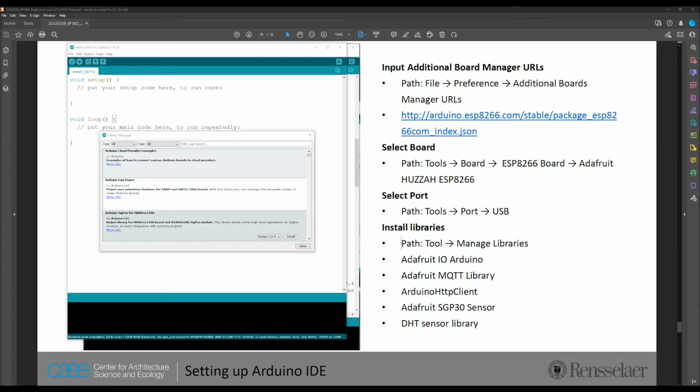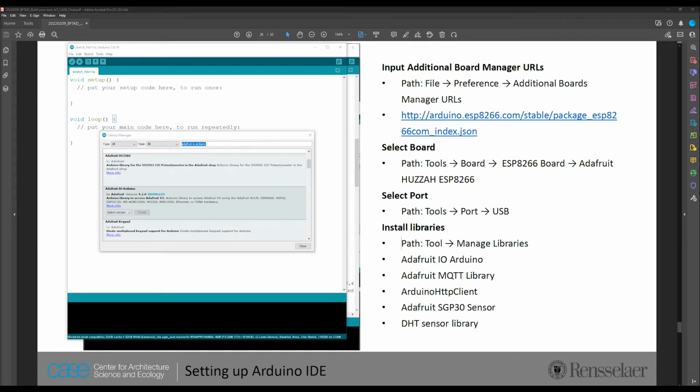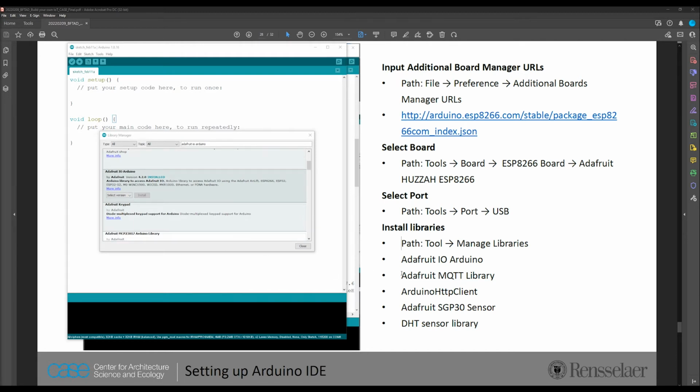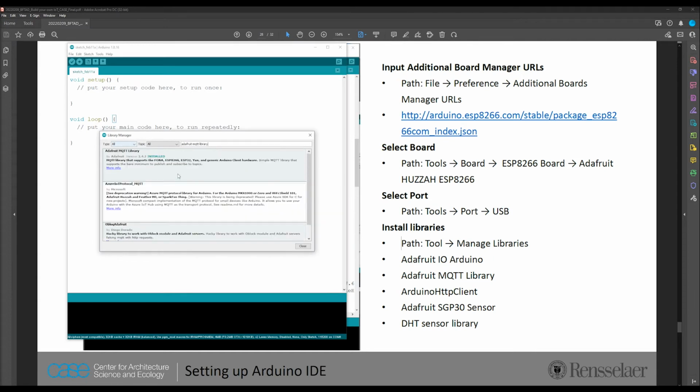Then write down ADA for IO Arduino. There are a lot of libraries, so find the Adafruit IO Arduino and click the install button. Next one is the Adafruit MQTT library. Click the install button,